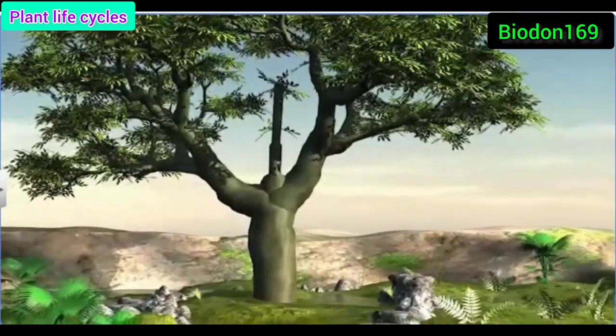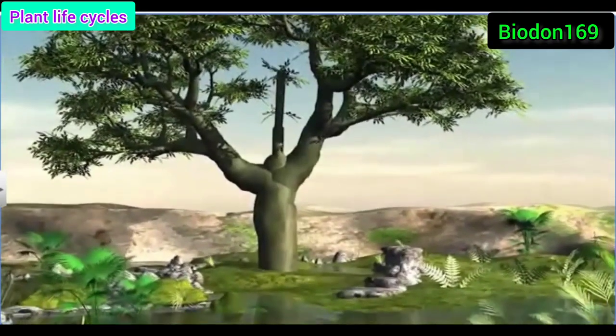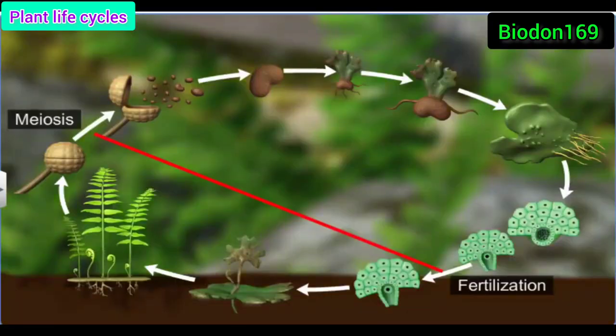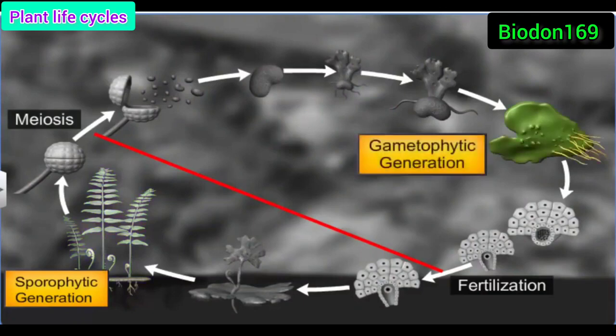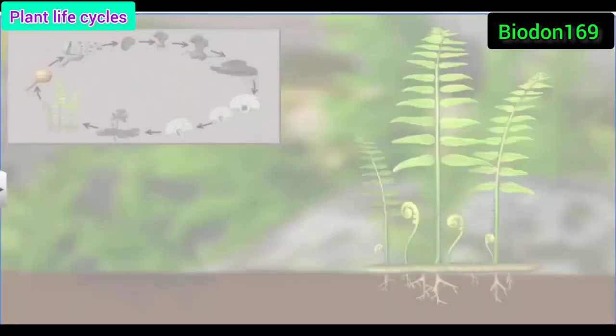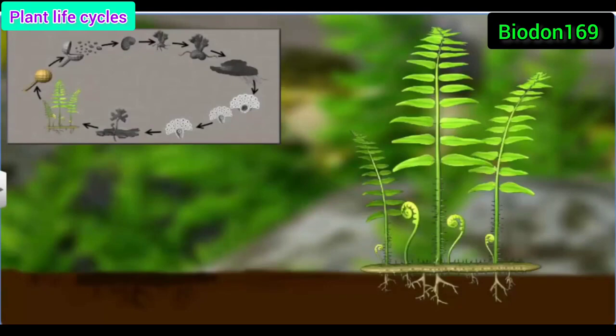If you observe the life cycle of any sexually reproducing plant, you will notice that it alternates between a sporophytic generation and a gametophytic generation. This is termed as alternation of generations. In the life cycle of the fern, for instance, the main plant body, a mature sporophyte,